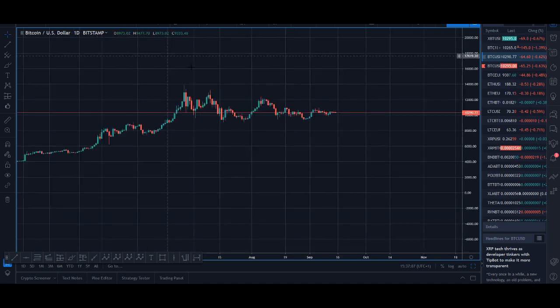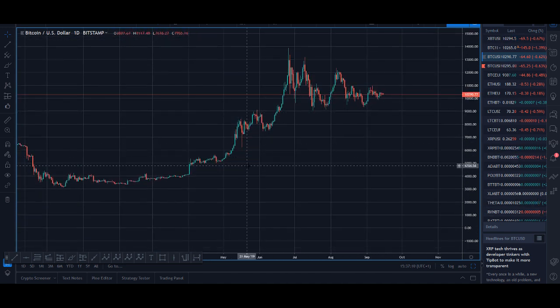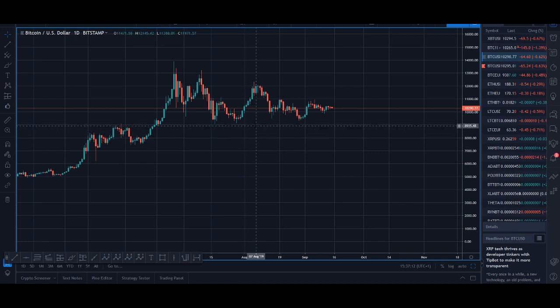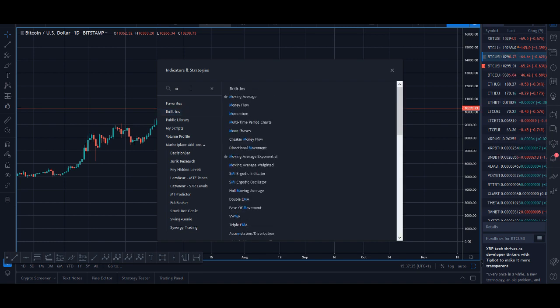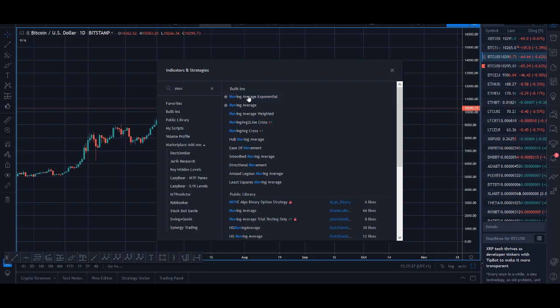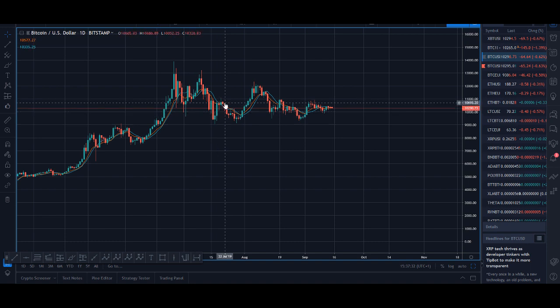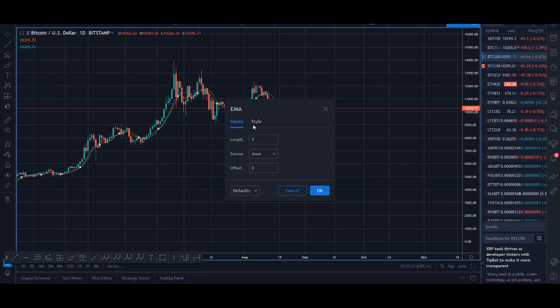First thing I like to do is draw the support and resistance level. Again, I've got a video where I teach you exactly how to draw support and resistance level. So that's the first thing I like to do. Once I've drawn my support and resistance level, I like to put my indicators on. So from the indicators, guys, you put the moving average. So I use the EMA and the moving average. Let's take these two on. So for the EMA, I usually have 20 moving average. That is my strategy, pull back to 20 moving average.